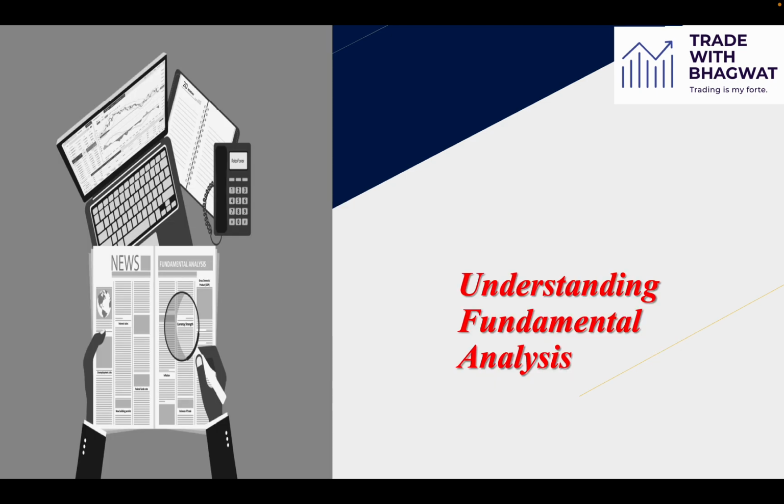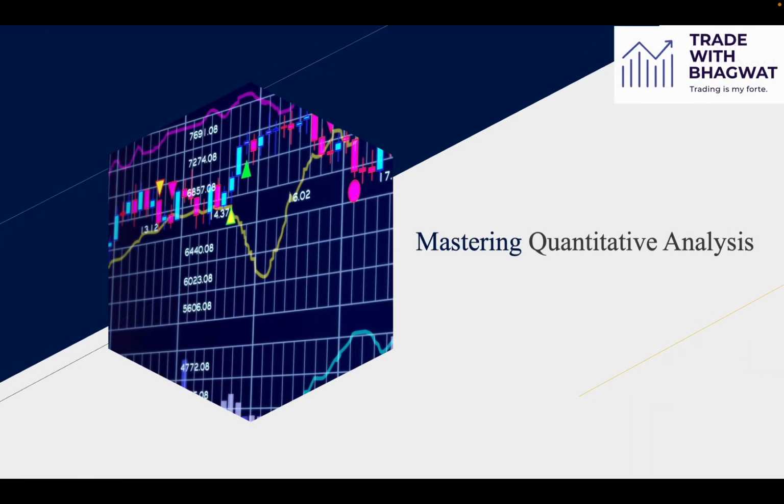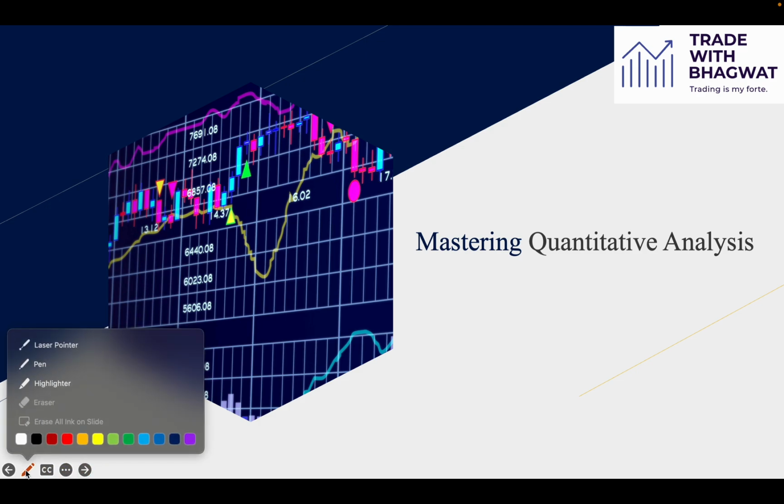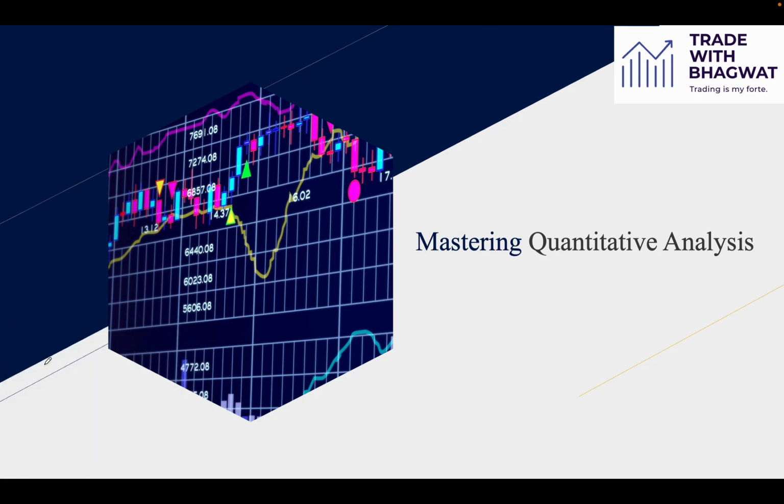We are currently understanding the fundamental analysis, and today we are going to talk about quantitative analysis, specifically ratios. We'll start with the ratios, and I'll be talking about five different ratios: profitability ratio, liquidity ratio, return ratios, efficiency ratio, and leverage ratio. Before going forward, for each specific ratio I'm going to give you examples. If you want to check how it looks,